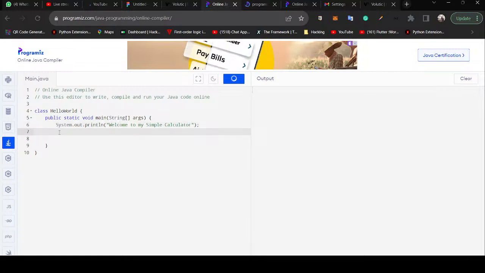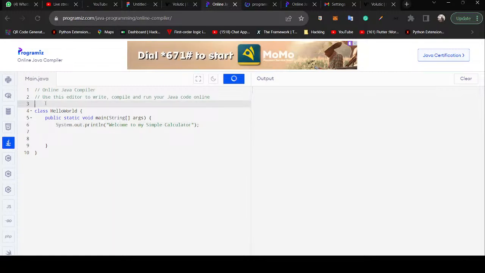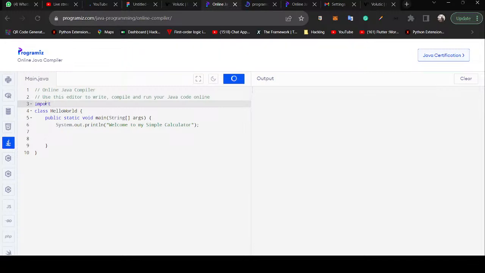Then don't forget, I want to get input from the user. So I will import java.util